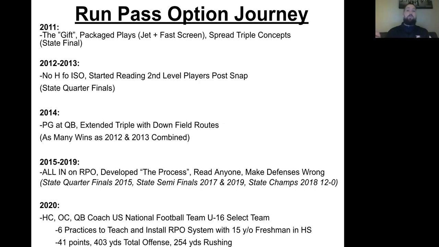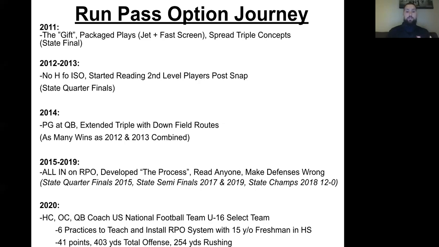We'd throw stick, we'd throw flood. What you're seeing a lot with slide screen now from teams, we're doing some of that stuff just because it was fast break on grass for us with a quarterback who was a point guard, not a quarterback. That year, we actually had as many wins in 2014 as that program had in 2012 and 2013 combined.